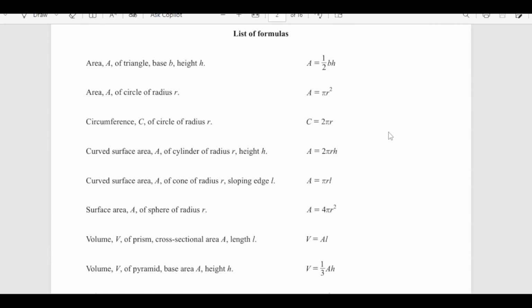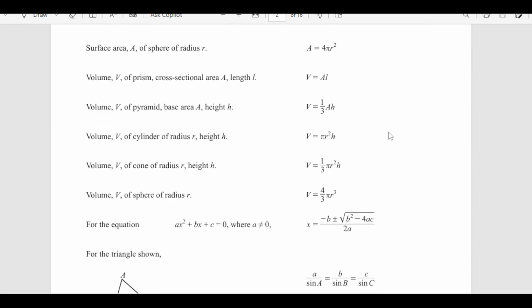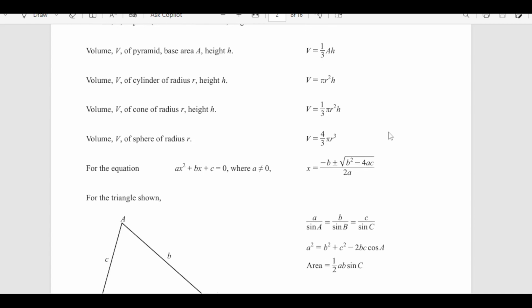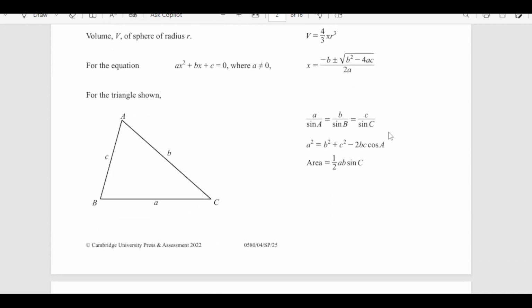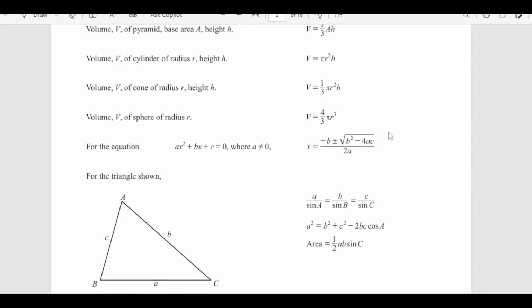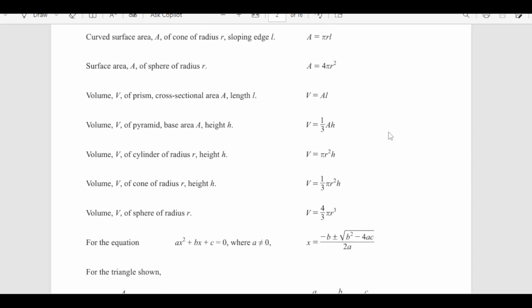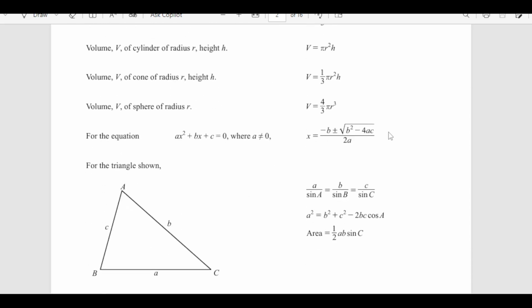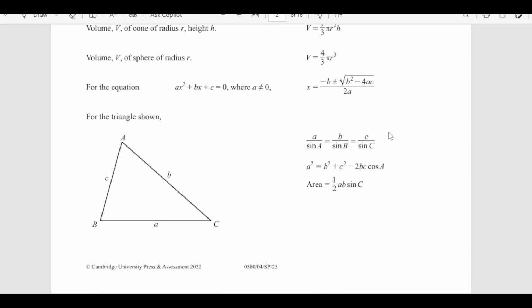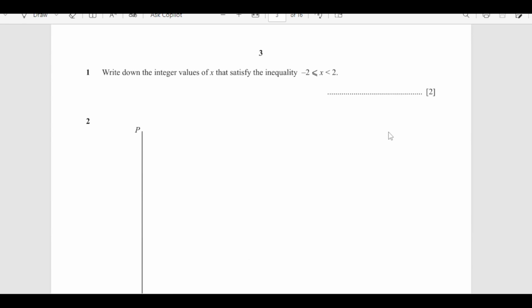Okay, so another change here, you can see you will be given a list of formulas here. Although all the formulas are not given, there are still some useful formulas, and you should be sure from your specimen papers which formulas will be available, so that you learn the other ones. So these are the list, you can take a screenshot or you can have a look on the sample paper at which formulas are available. Now here we have the first question,